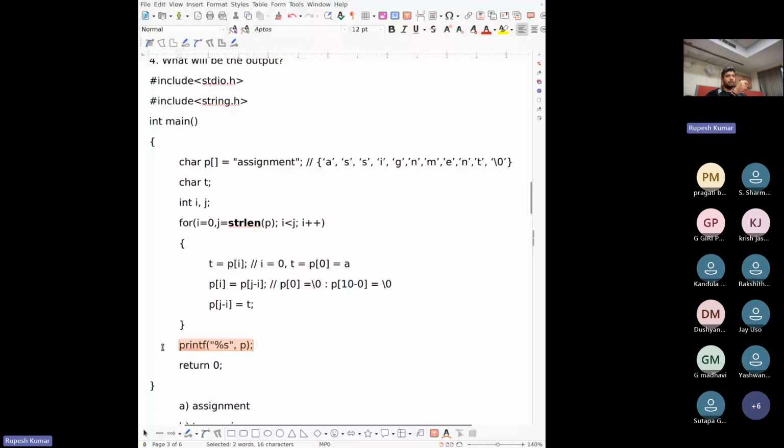It does not process the string after that character. Now, while you are updating the string p in this for loop, you assign the first value in the character array to be backslash 0, which is a white space. So this printf statement prints nothing because the string has ended before it even began, and then the program exits. So that's why it will print nothing.